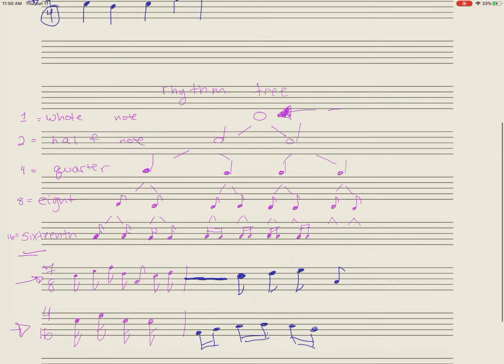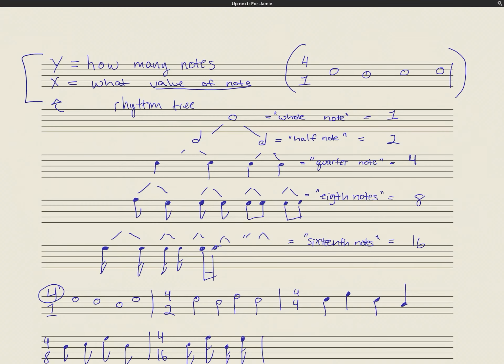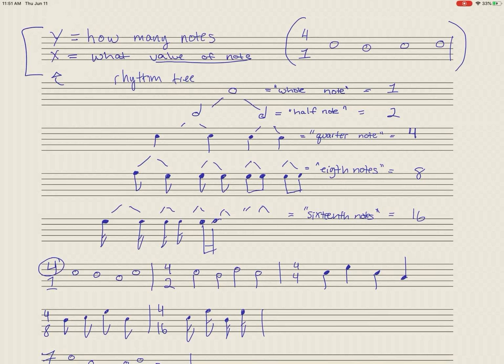And if you have questions throughout the week, or if you're looking at any of this and you're confused, here, I'm going to put this up, then please ask. Yeah? We'll briefly review this before the next class, but we're going to go onward and learn how to actually count and clap and make sense of these. So let me know if you have